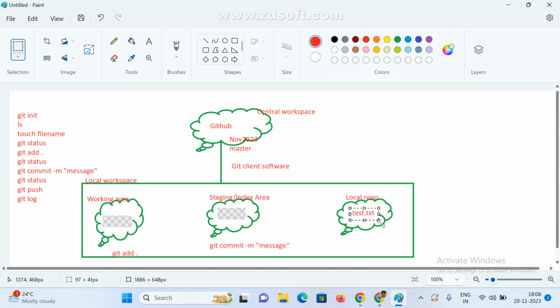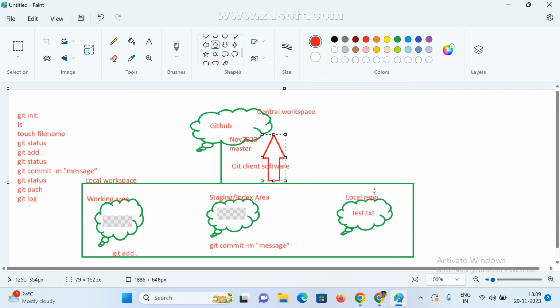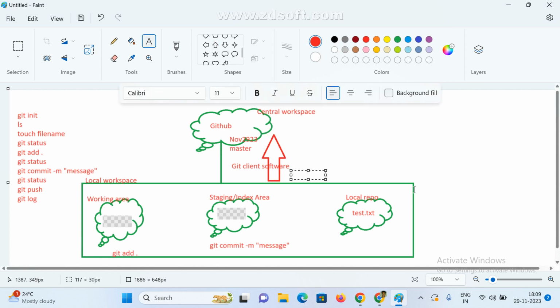Now finally, I want to move from local to the central repository. If you want to move local to central, which command do we use? It is git push. That is the final command. Once everything is working fine, we use git push origin -u,